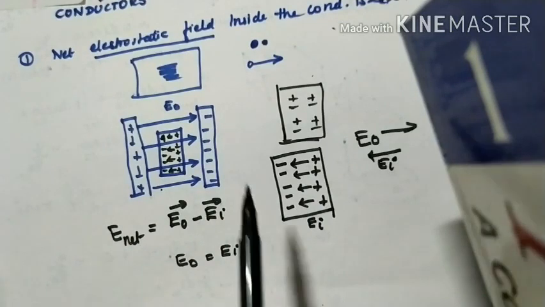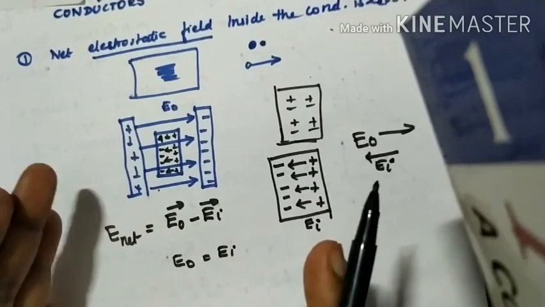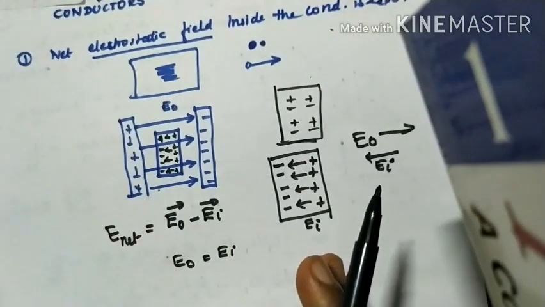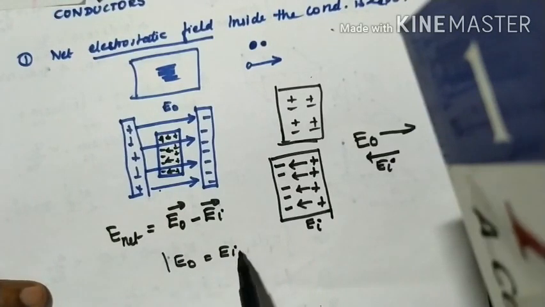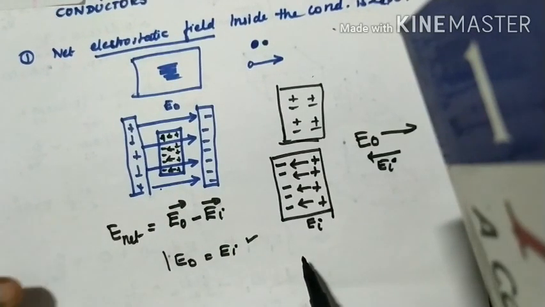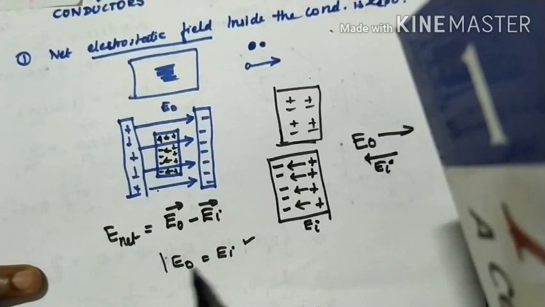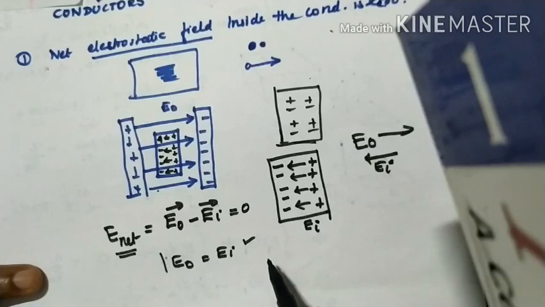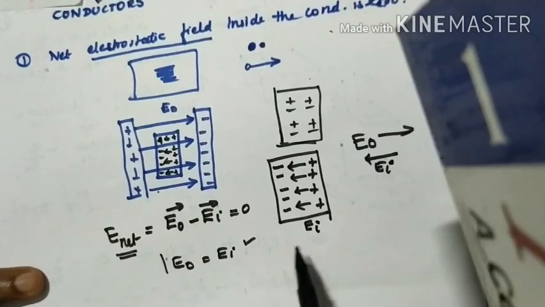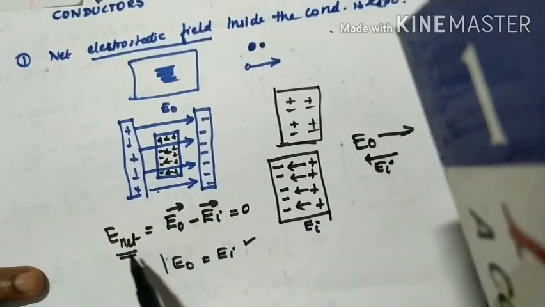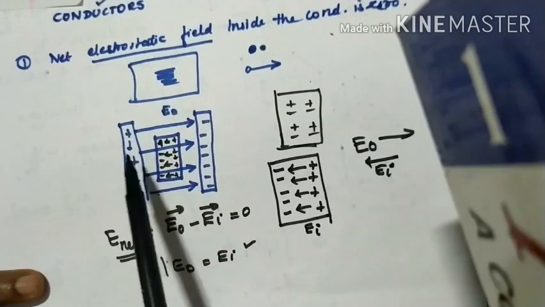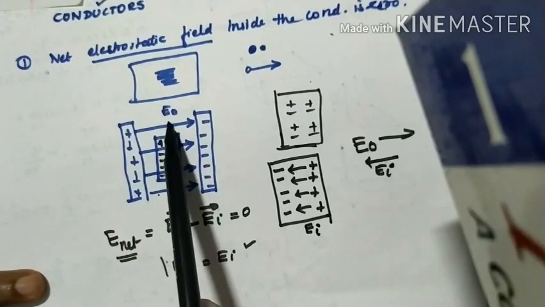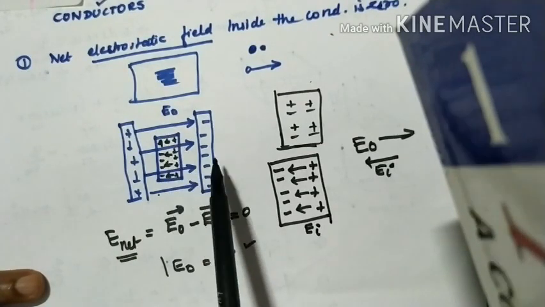I hope you understood what static equilibrium is. What do you mean by static equilibrium? No further movement of electrons or charges occurs. At what condition? When the external electric field is equal to the induced electric field. So when they both become equal, what does the E net become? It becomes 0. Right? So what is the major condition for the net electric field in the case of this diagram to become 0? When the external electric field and the induced electric field are equal.